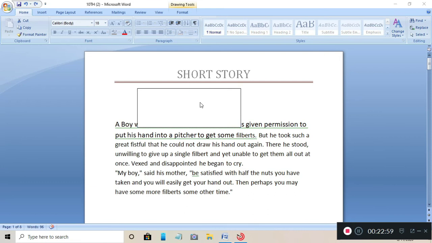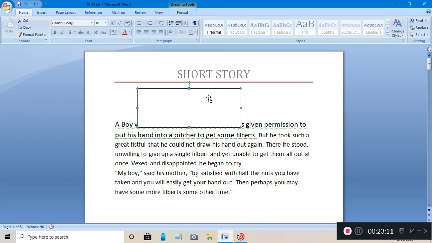And now you can see here the lines we have inserted, we cannot see the picture which goes through this line at the back side.